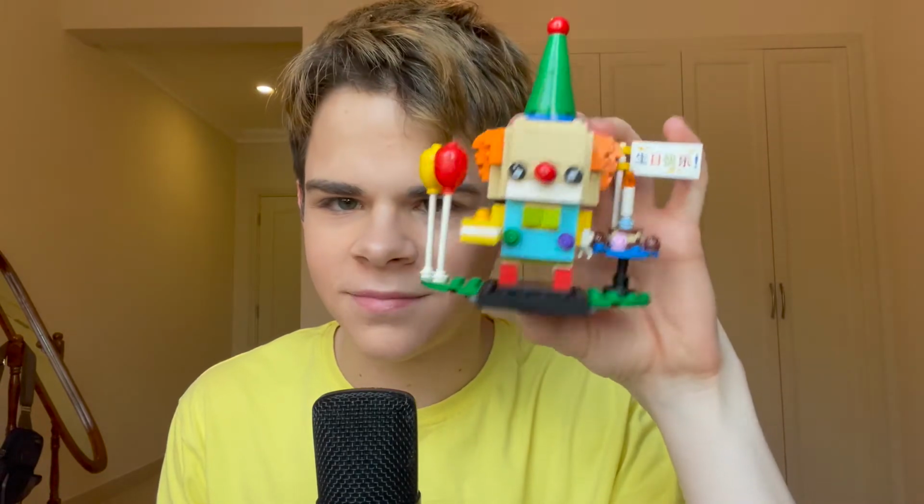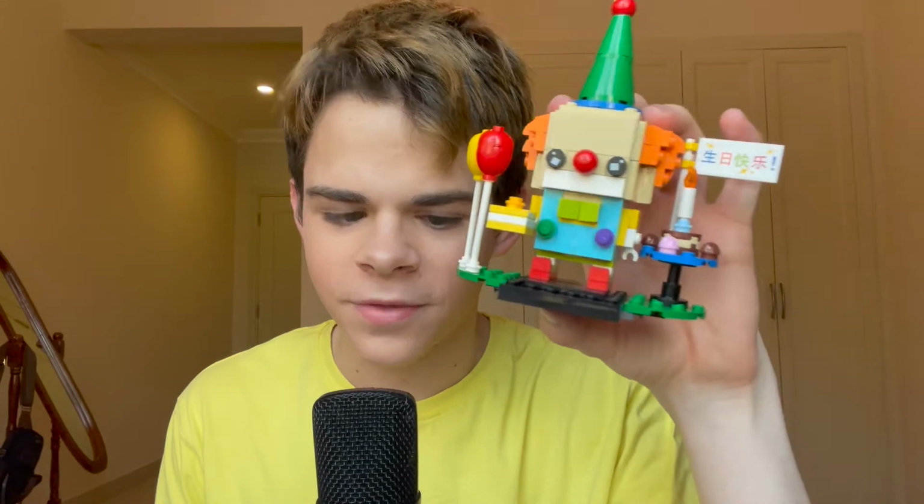Once again, it's a clown. I hate clowns, but it had to be done. So, yet another brickheads. Damn, well, you really did build like a lot of brickheads. We have only 2 more brickheads sets that we did, and that is the